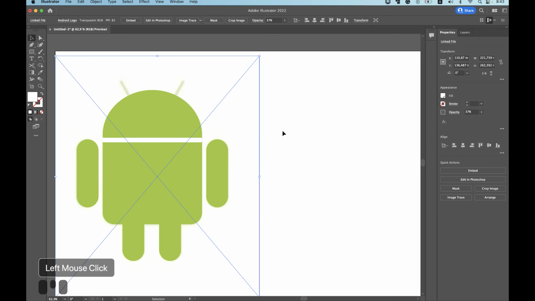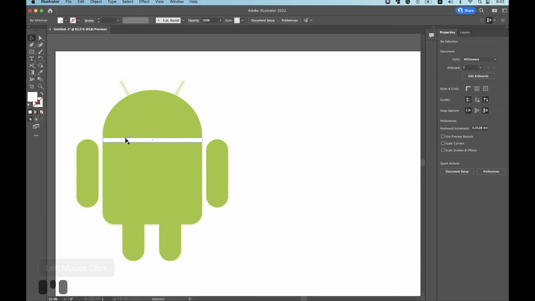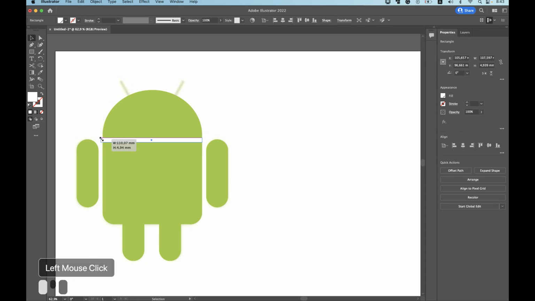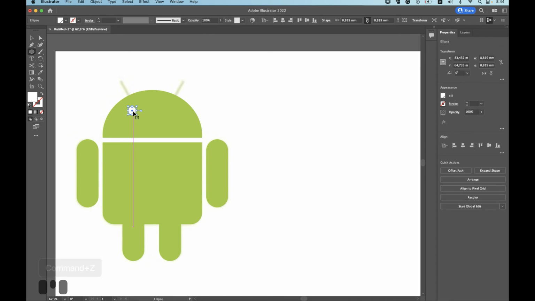Okay, let's shift it. Let's make it bigger, just a little bit, and shift it. Okay, and let's add the eyes. I'm just gonna grab the ellipse tool, and with Shift I can create perfect eyes. With Alt or Option we just copy that, but we need the Move tool, Selection tool, and just Option and copy the next eye. Let's check it.